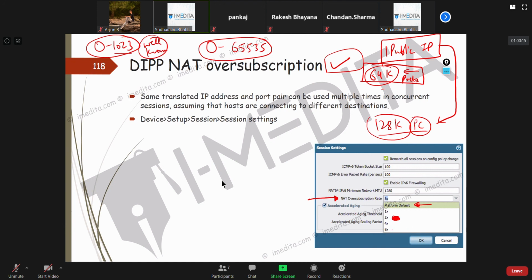If you enable 4x, it's going to be 4 into 64, that will be 256,000 sessions. And if you look at 8x, then 8 into 64,000 sessions, that will be 512,000 sessions, or 512,000 PCs can utilize the same one public IP.